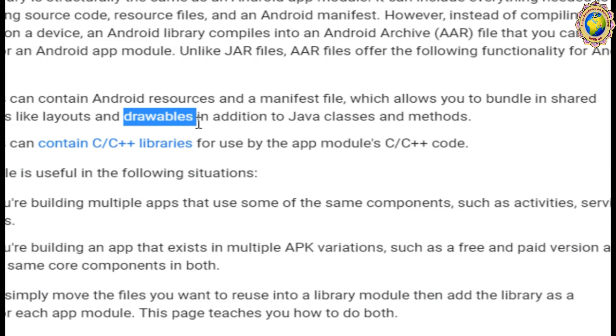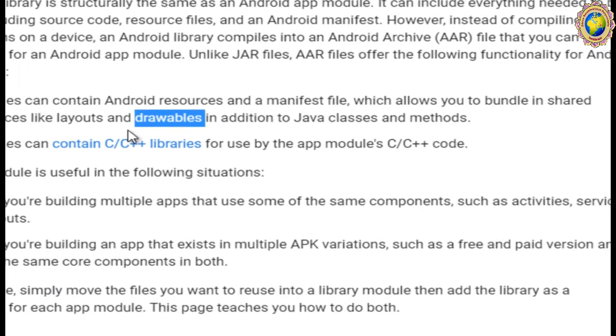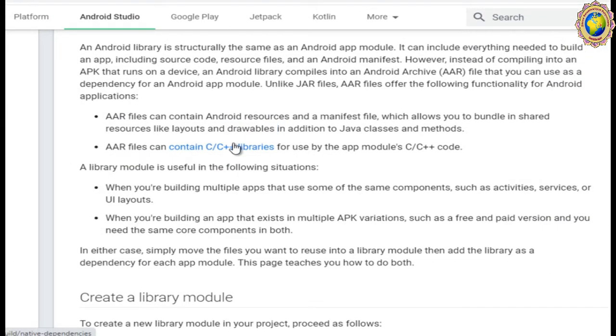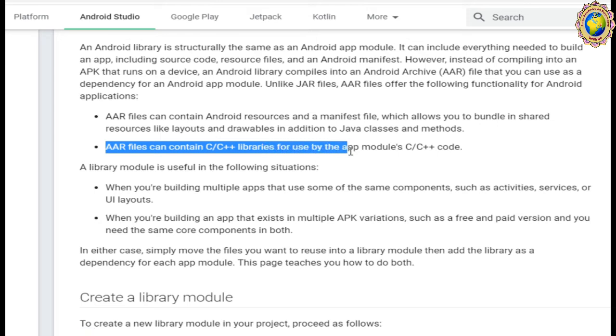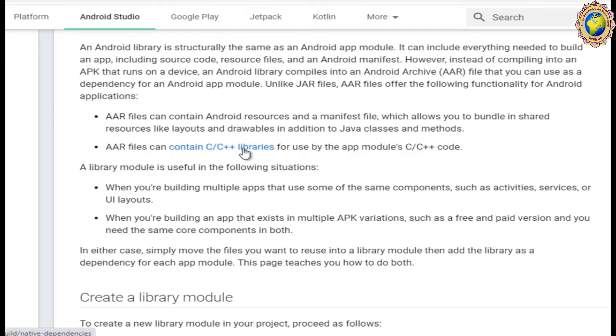Drawable means whenever you are going to add some images or something else, first you have to store them in the drawable folder, right? Then you can refer to them. Now, an AAR file can contain C++ libraries for use by the app module's C++ code, right?